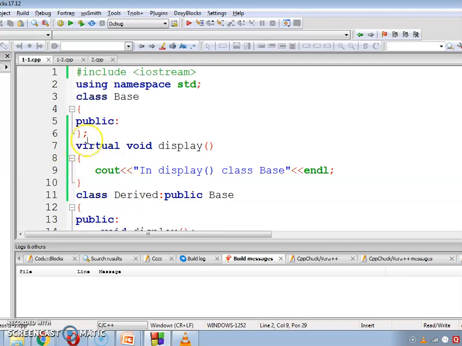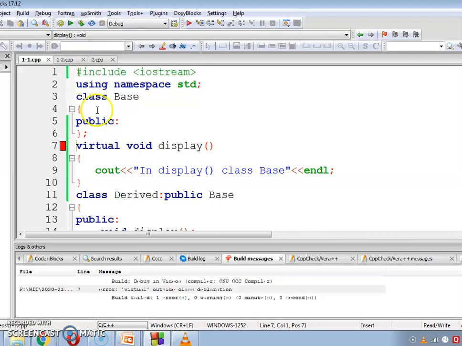So the class ends here and this display function is defined after the class declaration. So it is not a member of any class. So let's see whether the program executes. There is an error, virtual outside class declaration.